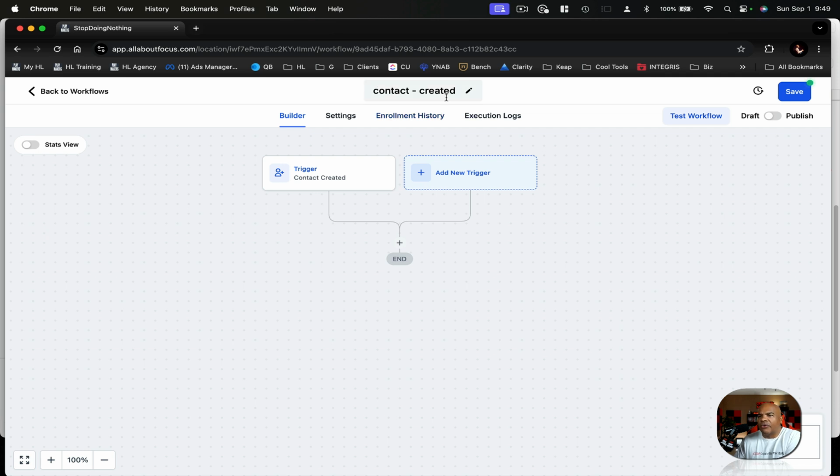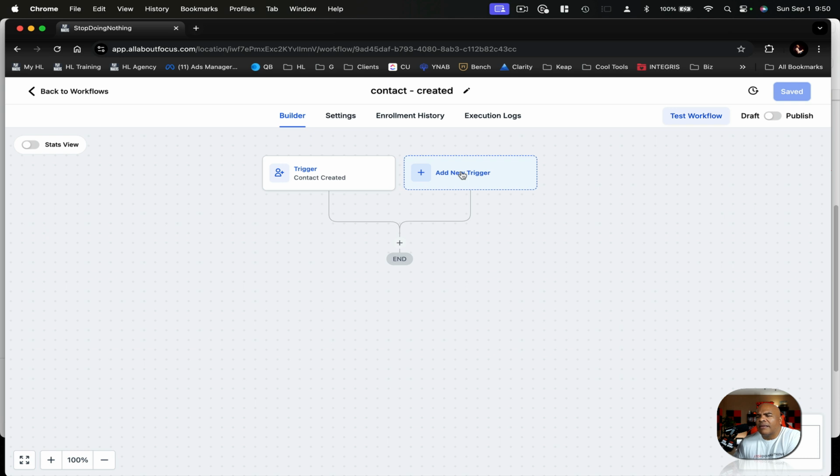So it could be contact created, opportunity created, contact updated, etc. Click on publish so it's active right away, and click on save. Now I don't have any actions here, so that publish didn't work. It won't happen until you have any actions down here. So this is one triggering event right here. You can also have other triggering events right here, but oftentimes you only have one triggering event inside of an